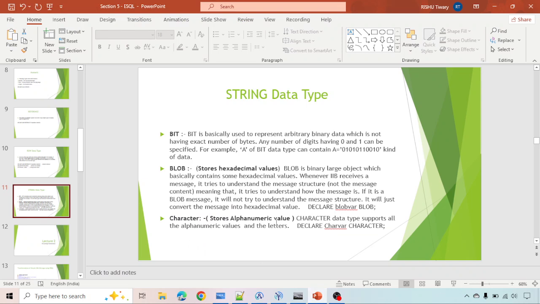Similarly, character is used for alphanumeric values; it supports alphabetical letters and numeric values. Okay, so that's all about the